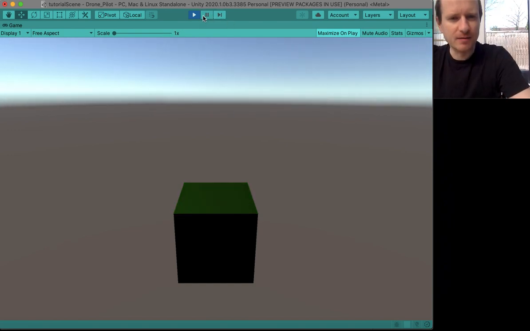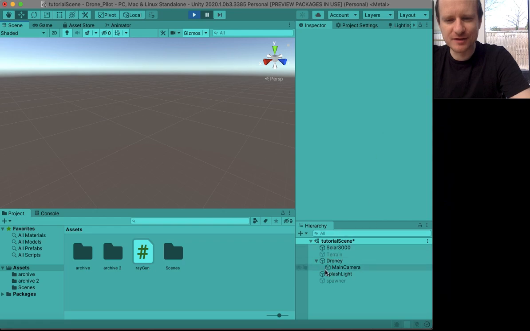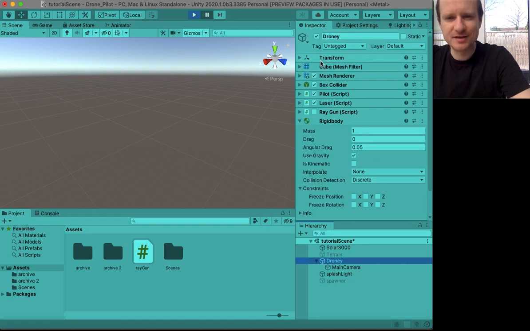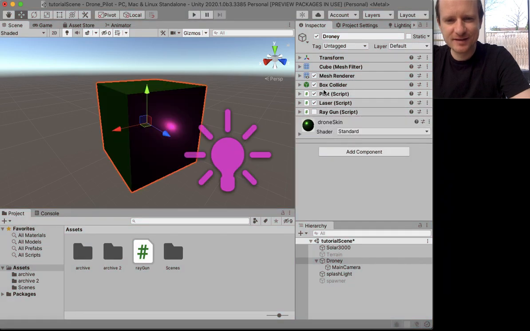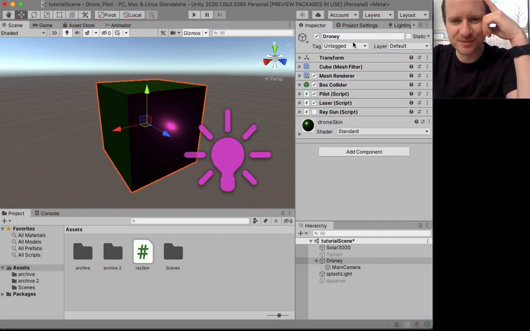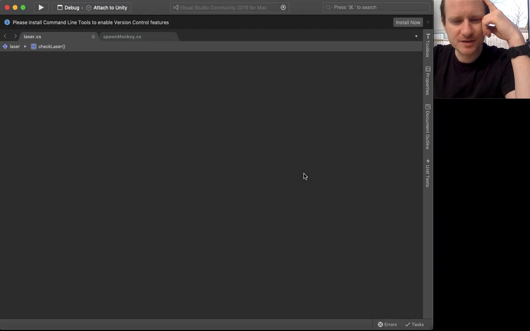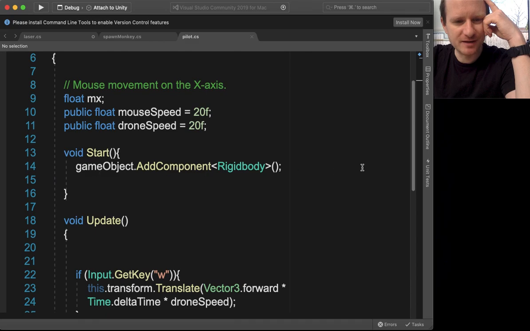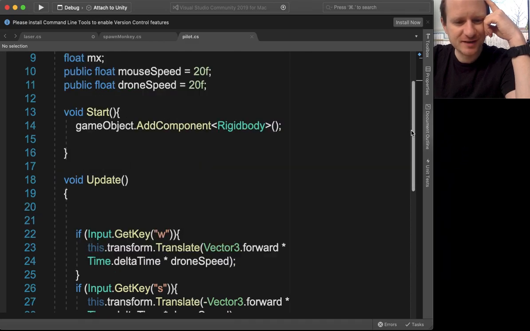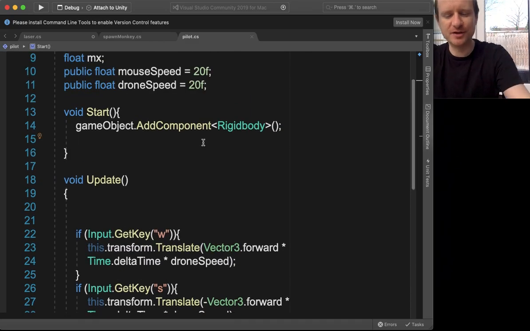I just want to pause and have a look at the transform to see if I'm falling or anything. Oh, I have got a rigid body and I am using gravity. So I definitely want to switch that off. Oh, it looks like I create a rigid body from a script. What am I using? I'm using my pilot script. Let's bring that up. Okay, so straight away I'm adding a rigid body to myself. So I don't have to change my script,